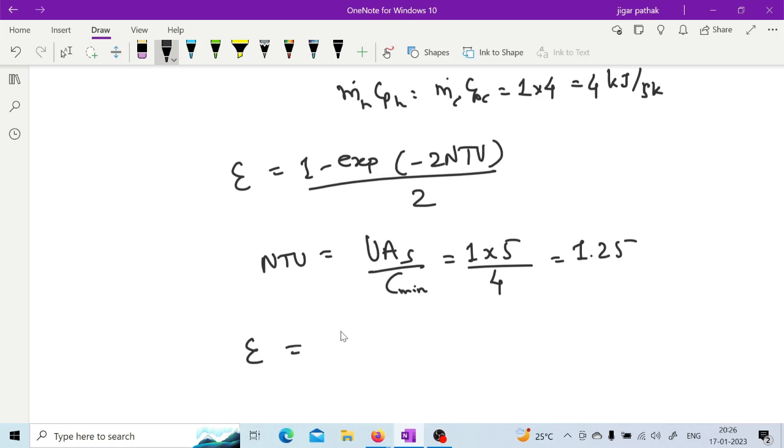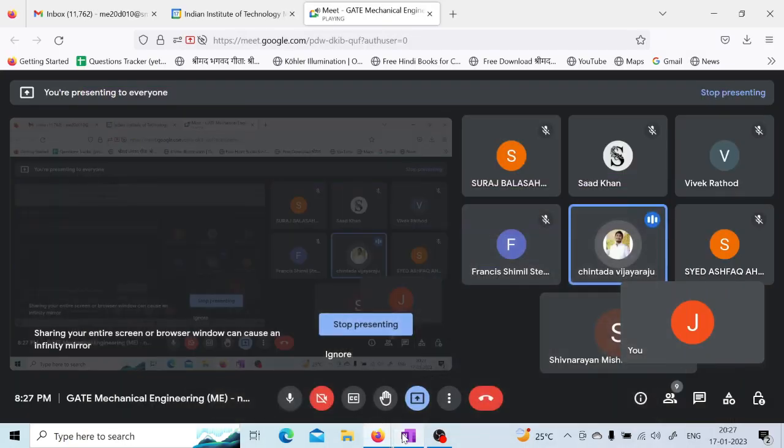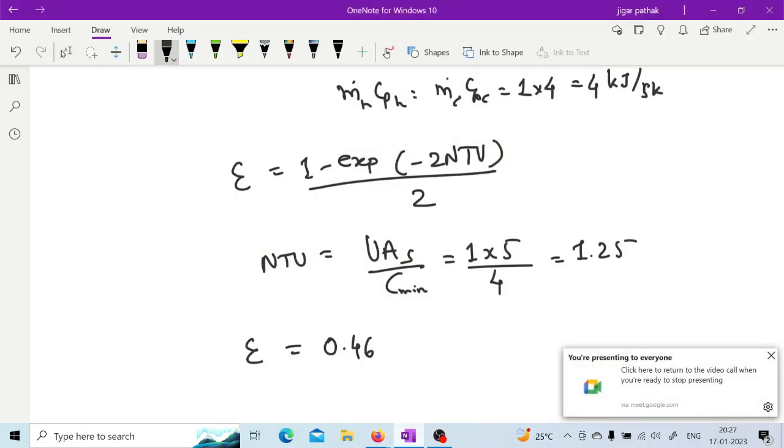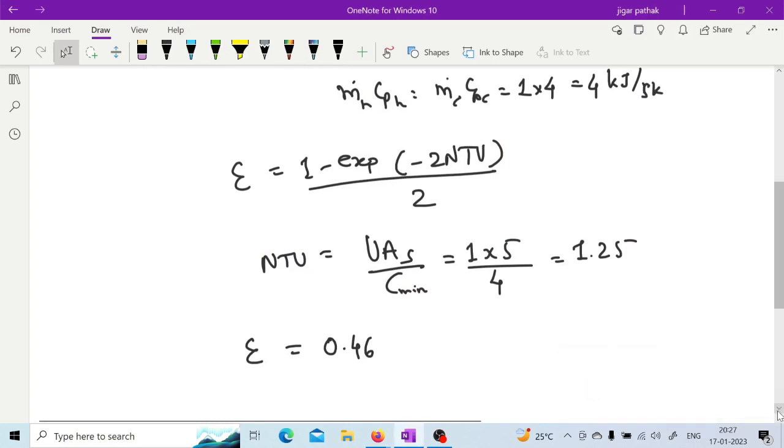0.918. 0.46. Is anyone getting this 0.46? Is anyone getting this 0.46? 0.458. Okay, so once you get this effectiveness, then what you have to do is you have to